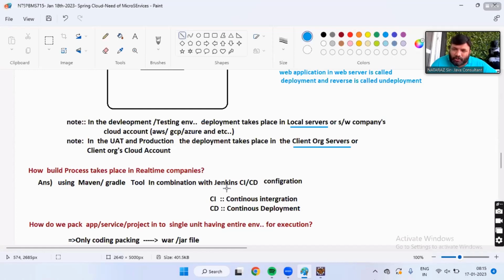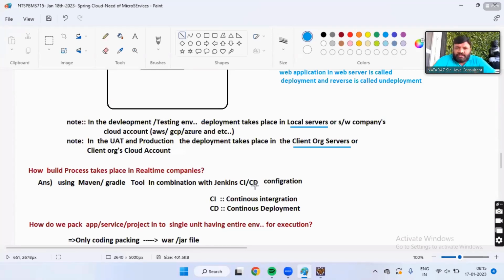That means there should be a tool for continuous integration and continuous deployment, in an automated environment, and that is Jenkins.